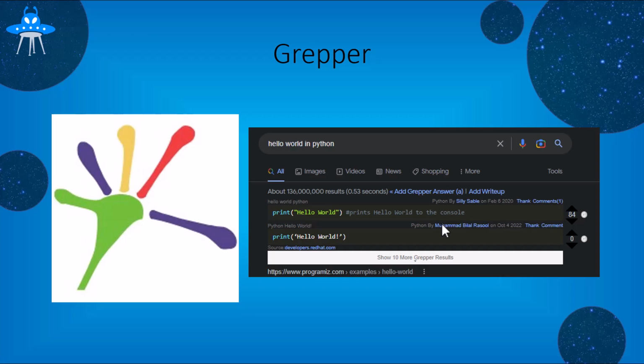I can't remember who it is, Geeks or whatever. It's a common programming site that usually has code like this for questions and things. But Grepper will actually pull that stuff out and show it here so that it's easy. And that's the point, is that it's easy. So you search for a certain code. I want to do this with a string, and then instead of having to click on a link and look